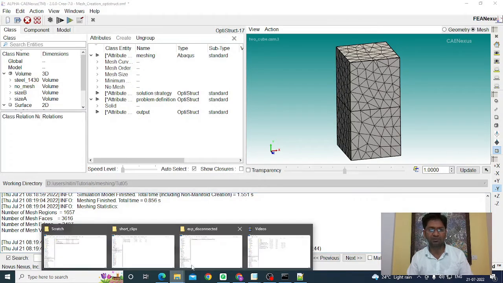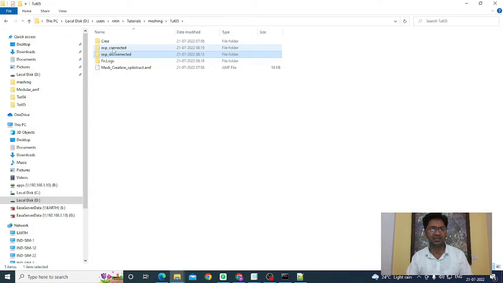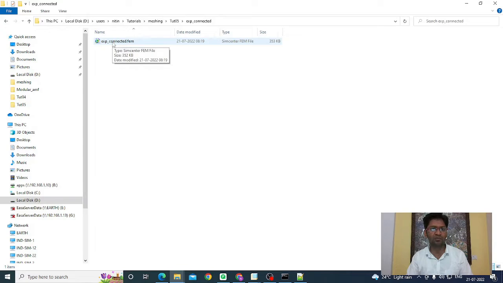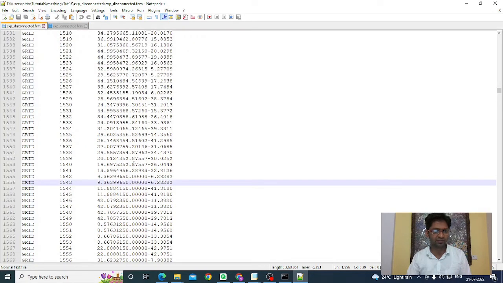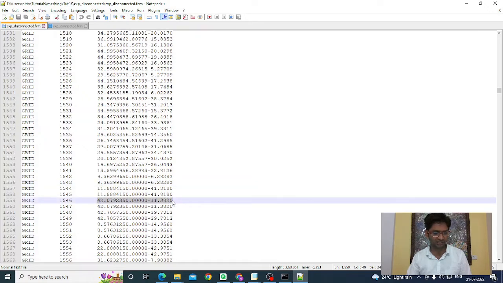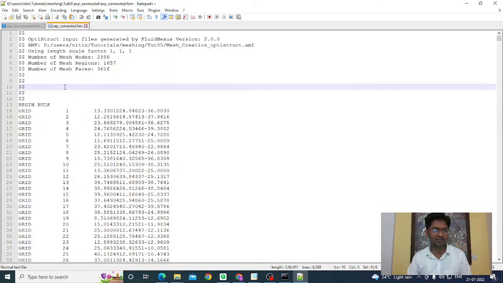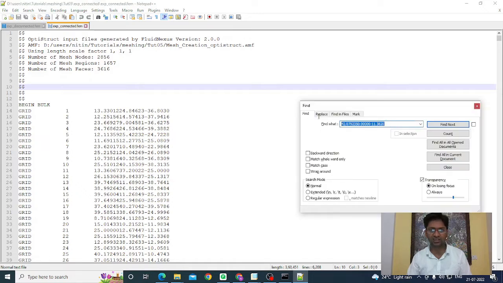So let's see the exported file. In the directory, this is the location where my export file is created. I'll quickly open that file as well. Now, in this exported file, we will just see how many grids are created with the same XYZ coordinates. So maybe I'll just copy the XYZ coordinate from the earlier file. So I'll just copy this, and in this newly connected file, I'll just search the grids